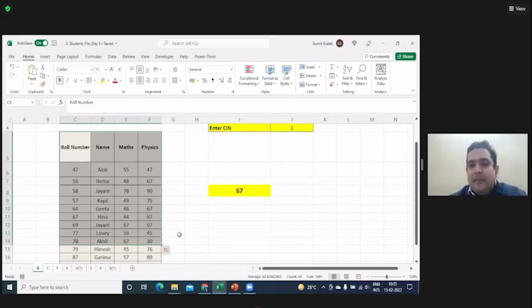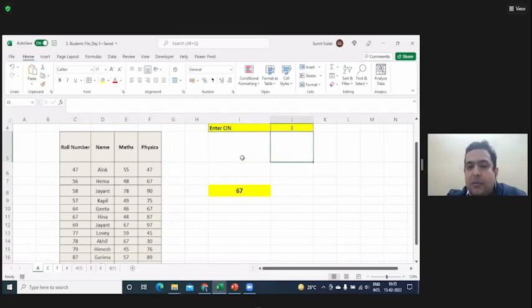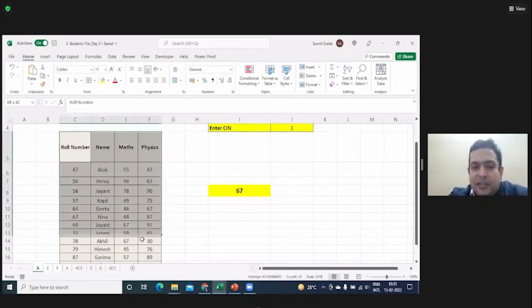If it is in 2 or 3 tables like roll number physics, roll number maths, roll number and so on, then there is a way we can do it. But if you are saying roll number, name, maths, physics, then again roll number, maths, physics, we can do that also, but then it becomes unnecessarily complex. And that data is not good also. Have you seen data where things get repeated again and again like this, one after the other? In any industry, it is always a single set of data.